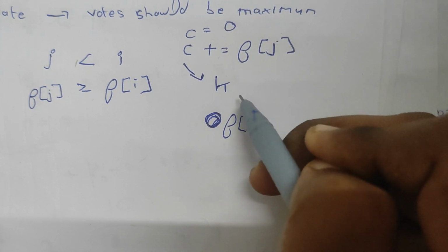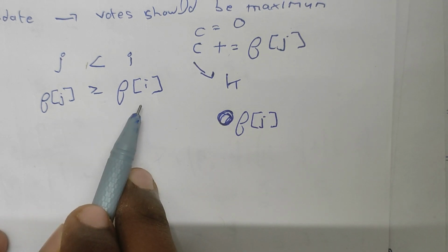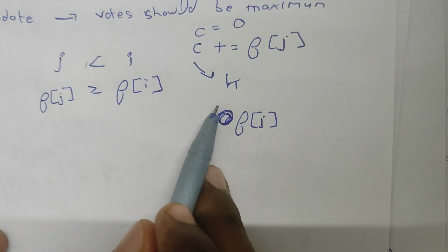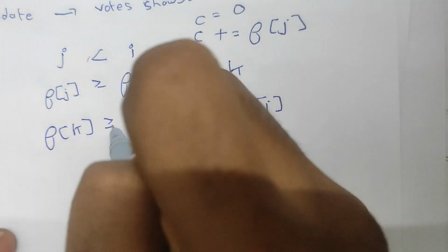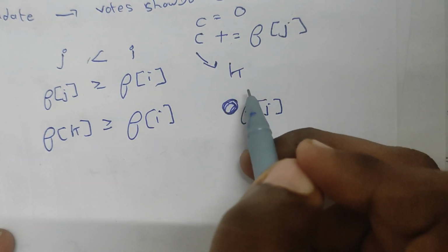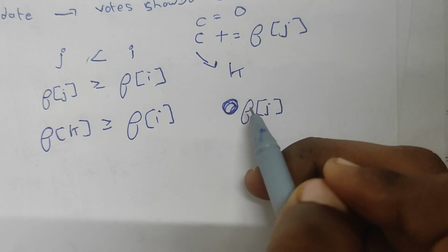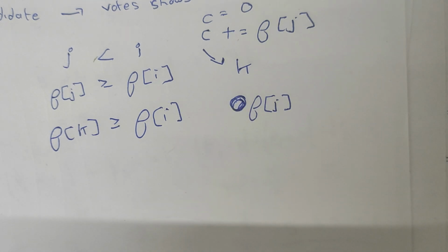So now f of J people will vote for K, and we already know that f of J is greater than or equal to f of I. So now there became another person K such that f of K is greater than or equal to f of I. Even in the worst case, even if K doesn't initially have any fans, this will occur. That's why I took the number of fans for K as 0 initially. Even in the best case and the worst case, this will occur. So this is bound to happen.